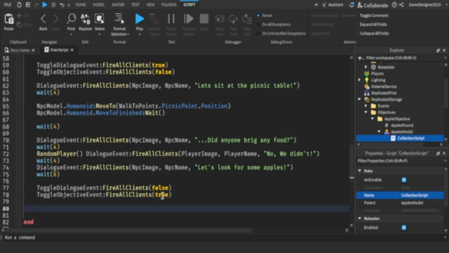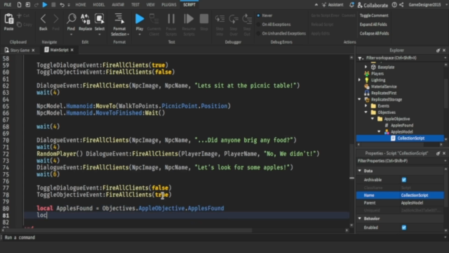Then you're going to put in local apples found, or the name of your number value inside of your apple objective. It goes to objectives dot apple objective dot apples found,